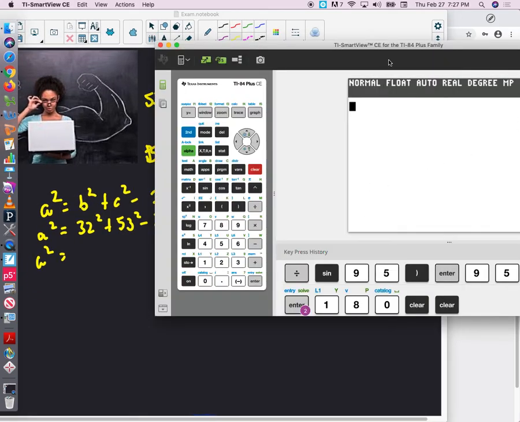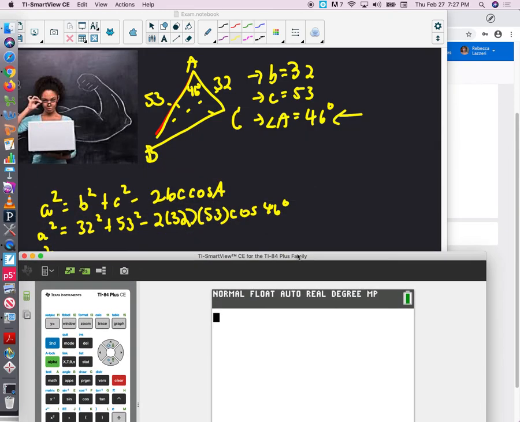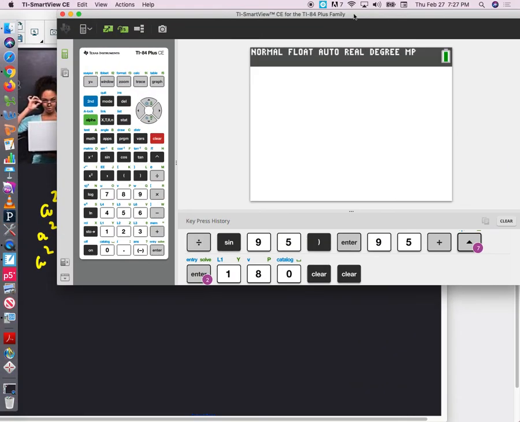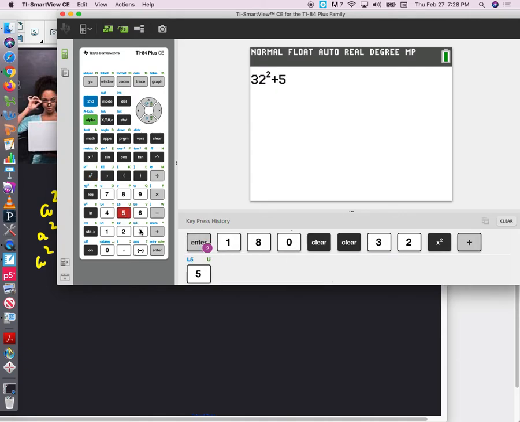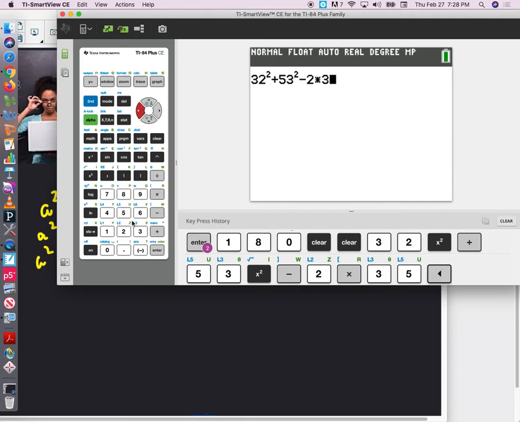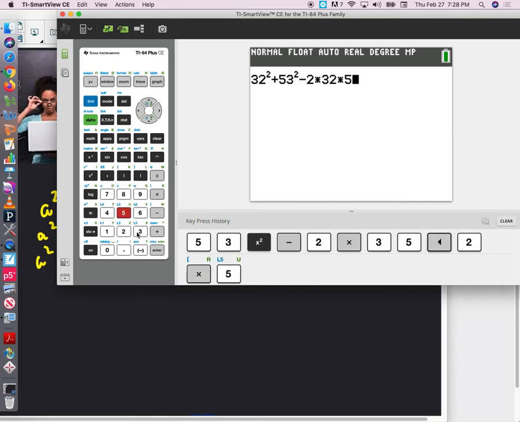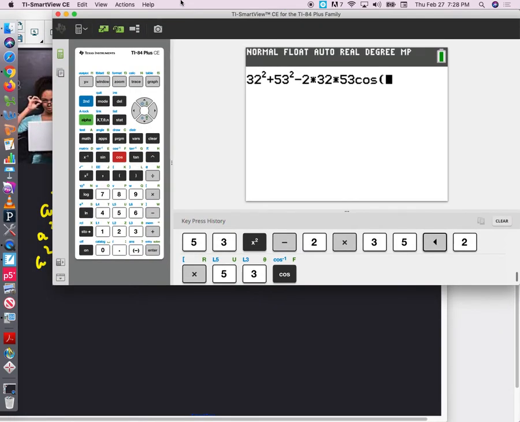All right, so I'm going to have 32 squared plus 53 squared, minus 2 times both of them, 32 times 53, and then it ends with cosine of angle A. So cosine of 46 degrees. Now, this is not A, this is going to equal A squared,